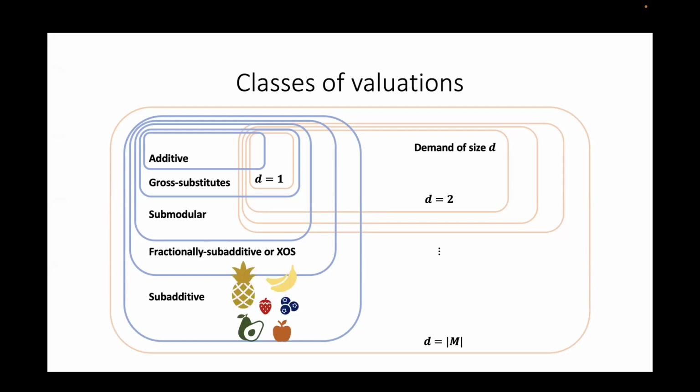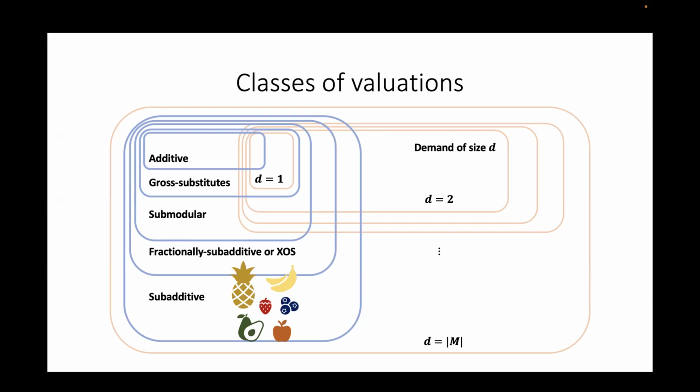So I think of that as fruits, right? You go to the supermarket, you buy fruits. There's not really a strong complementarity between the fruits. If you go one day and the strawberry is cheap, you buy strawberry. If the blueberry is cheap, you buy blueberry. Unless I want to make a fruit salad or something. Yeah, there are no complementarities. I will explain later what some of these classes are, but this is the idea. There are no complements. On the other side is what we call demand of size D,